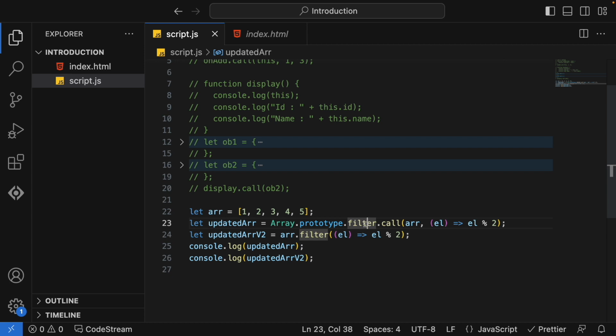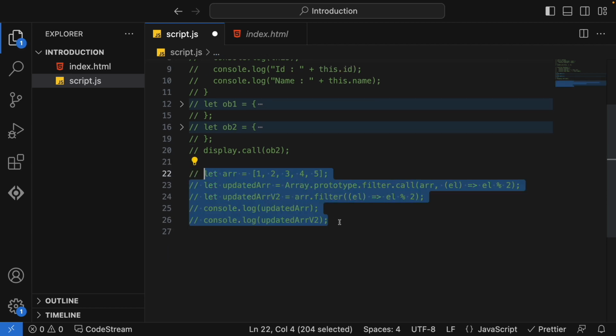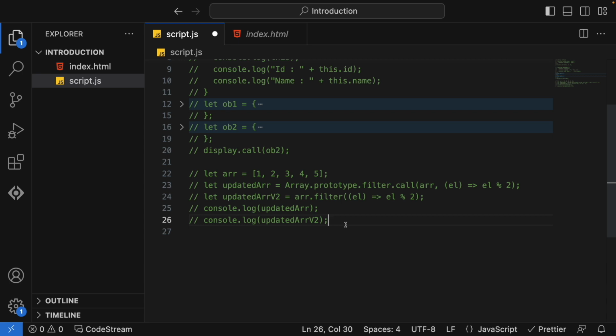In JavaScript, on each and every function, you will find there is a dot call method where you can pass some custom context and give the next parameters required for it. Let's also see one more example, which is much similar to inheritance in classes. So what I'll do,